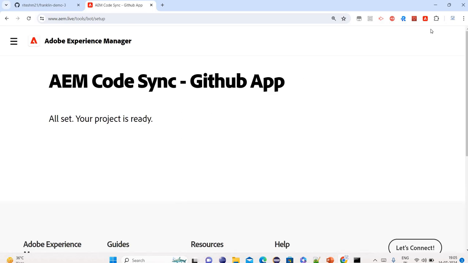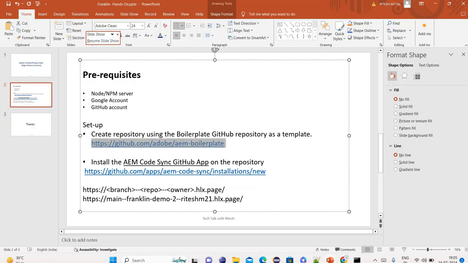and we should see this in this extension here, this AEM Code Sync. We call it the sidekick as well. So yeah, that's it, done. So right after that, what we can do,